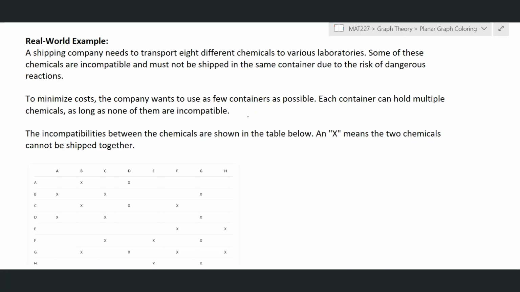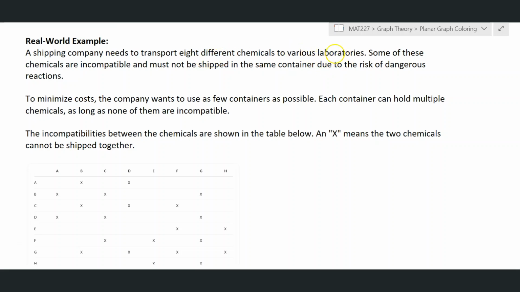What could the application possibly be for graph coloring? Well, graph coloring could do a number of different things. For example, those edges could represent situations where something isn't allowed. And if something isn't allowed, for example, let's say a shipping company needs to transport 8 different chemicals to different